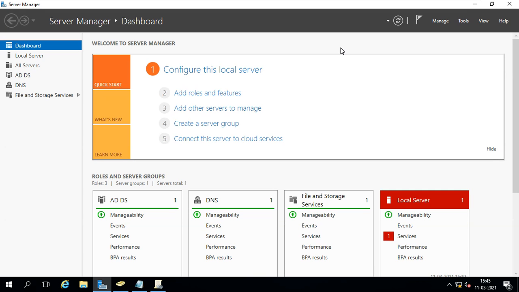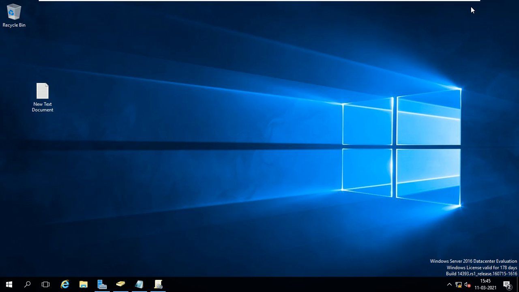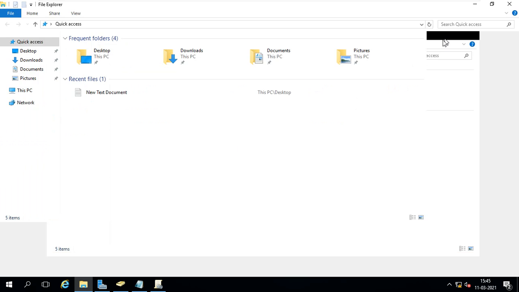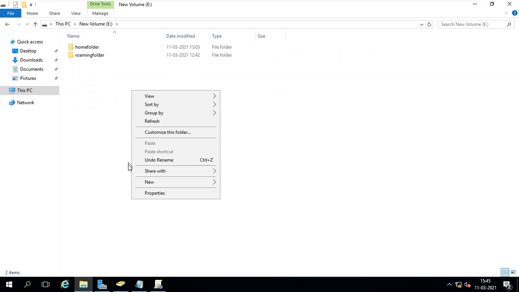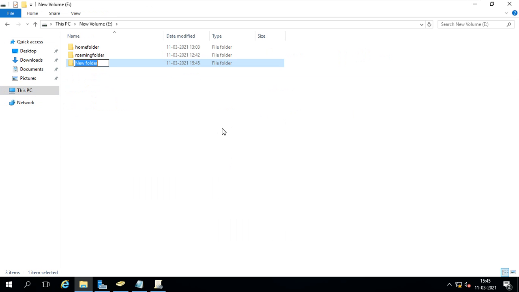Next, I want to create one more policy and then I will close it. One policy is not enough, because I know only two policies. On the server here, I'm going to create a folder, GP folder. Any name you can put, no problem.